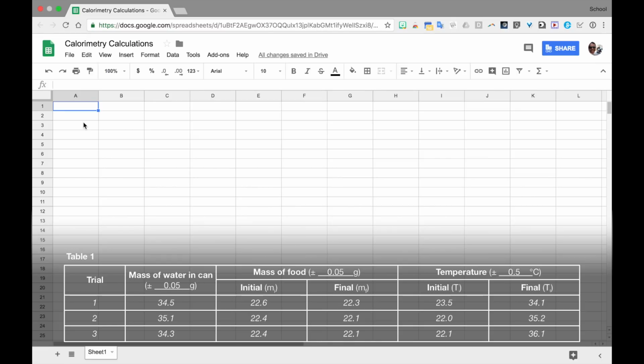Now, our first step when we're going to have Google Sheets do calculations for us is that we need to enter in all of our raw data. We just need to type in pretty similar to the data table that we have from day one of the experiment. So I'm going to go ahead and I'm going to start typing this in. Our first column is trial, and we had 1, 2, 3 trials. Our next column over is mass of water in can. Our next column over is initial mass of food, and then final mass of food, and initial temperature,